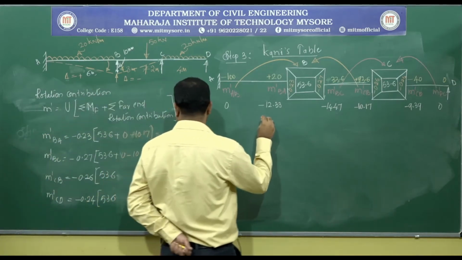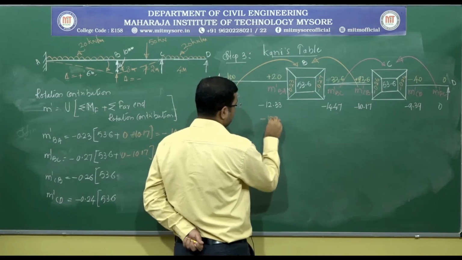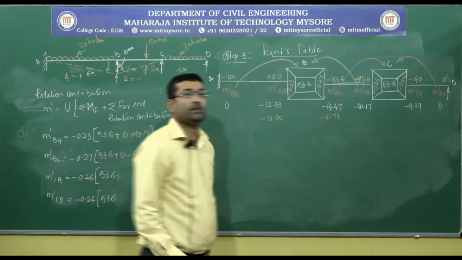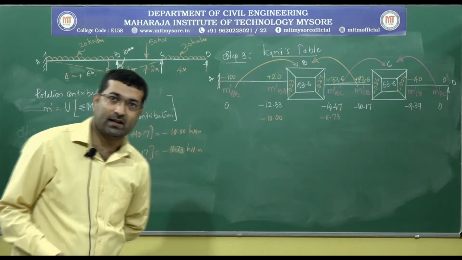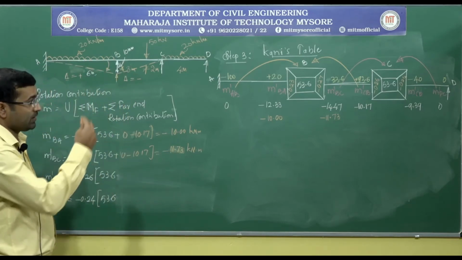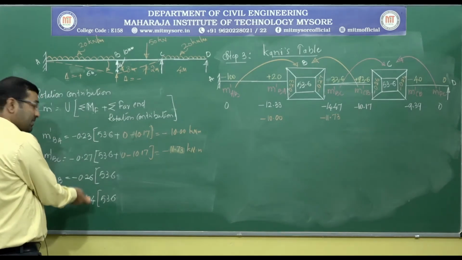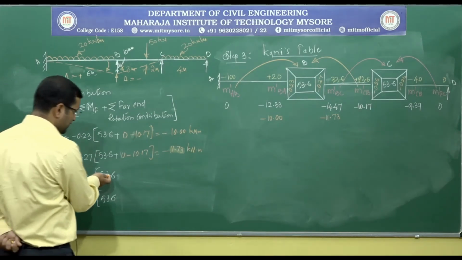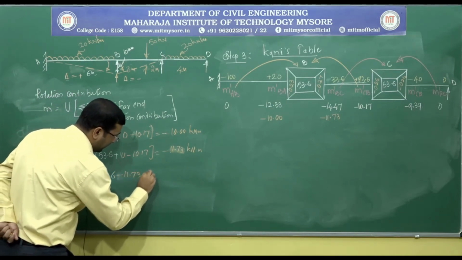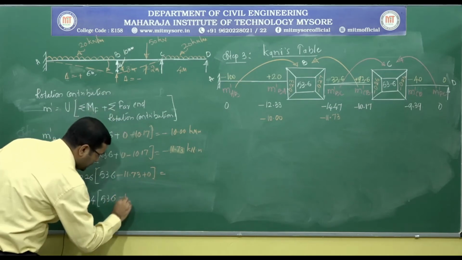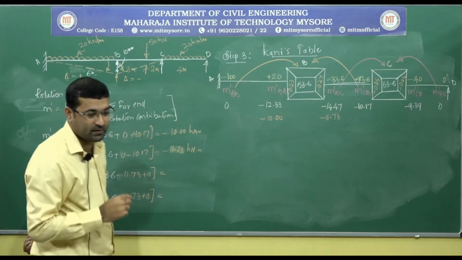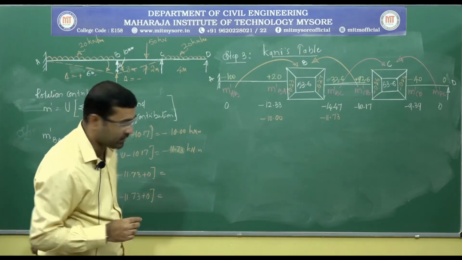11.73. So that I am going to represent here minus 10.00 11.73. So these are the next cycle rotation contributions for the joint B. Now similarly if I repeat it for the joint C, then these two will remain same, that is minus 0.26 into 53.6 minus 11.73 plus 0. And here also it is minus 11.73 plus 0. This gives us a value of minus 10.89